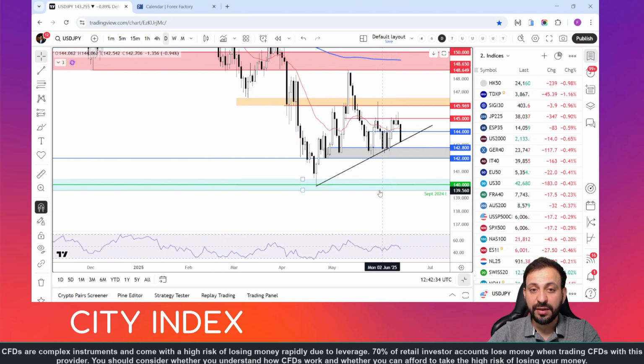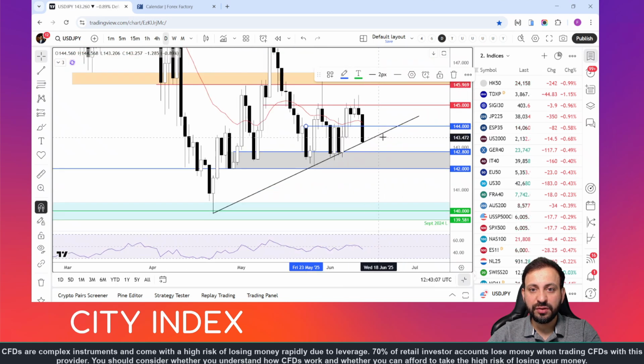That's the key question. But first things first, let's see if it will get there. And if it does, what kind of a reaction, if any, we'll see at around 140. Now, in terms of resistance levels to watch, 144 was a prior support and resistance, as you can see by the wicks of these candles. This level has been taken out today, so this level is now going to be the most important resistance level to watch on the daily time frame.